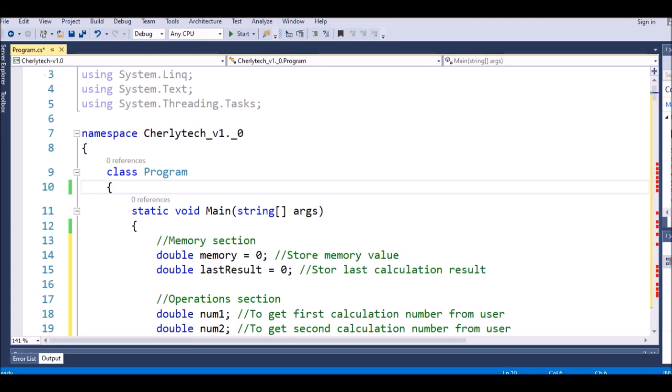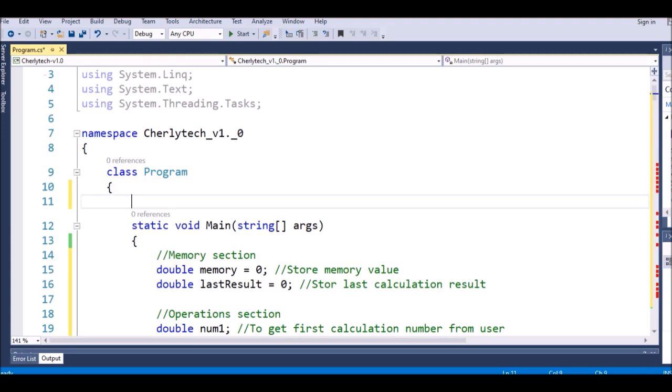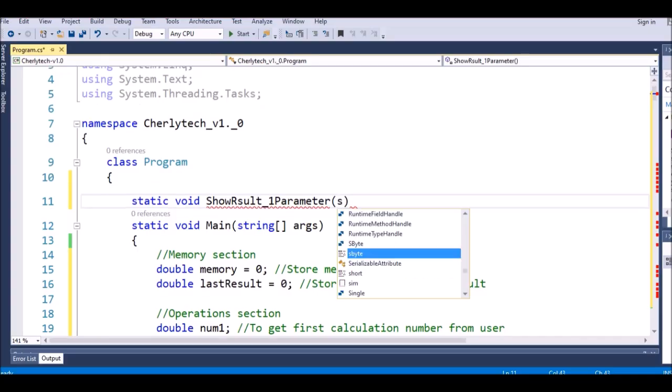I create this: static void ShowResult1Parameter, and here we say string